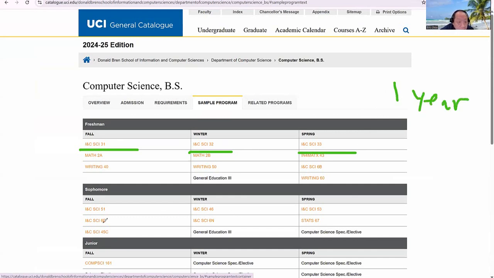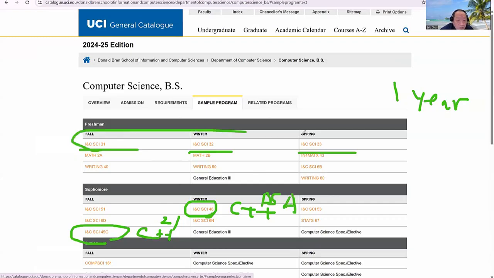And then you have CS 45C, which is C++, 2 and 3. And then 46 is C++ 3, data structure and algorithm. So basically 1 year of Python, about 1 year of C++. And this CSPT1 is C language and assembly. So this is roughly the language education